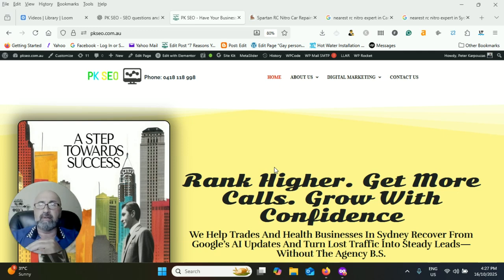Google loves fresh content, okay? It always loves fresh content. And if you start restructuring all your pages in this manner, you're going to find that not only your rankings are going to increase, but you're going to start being summarized by AI with links to your website rather than just AI stealing your information, not sending any traffic to you.